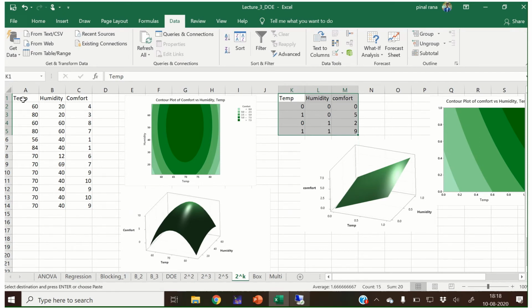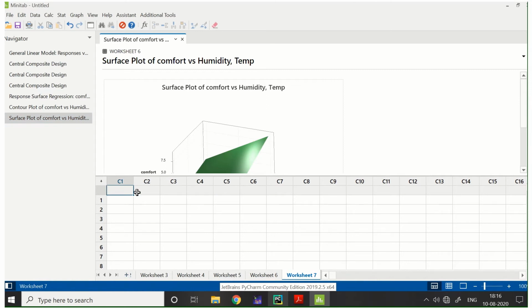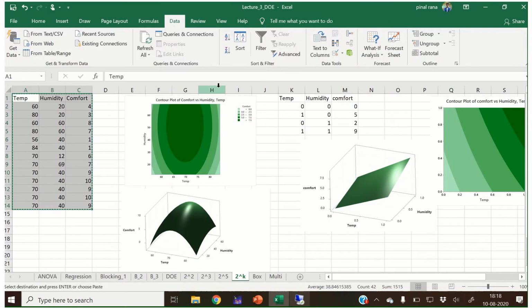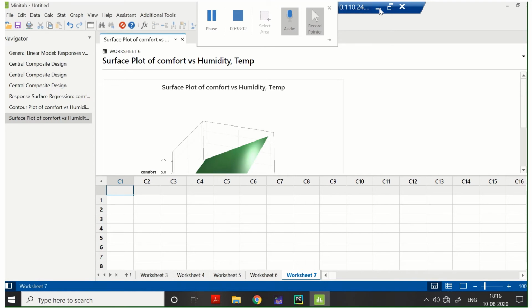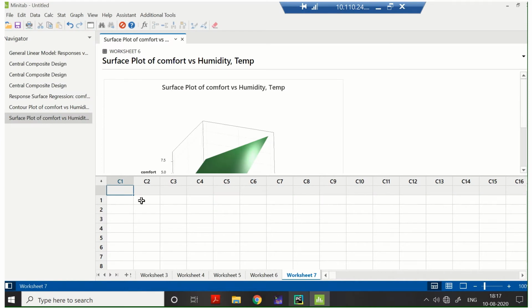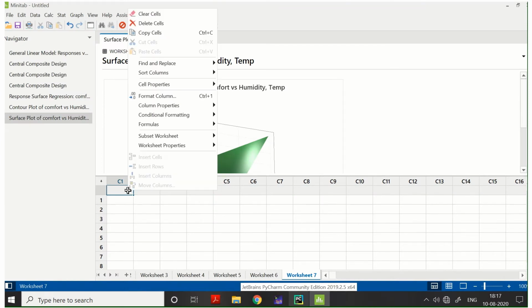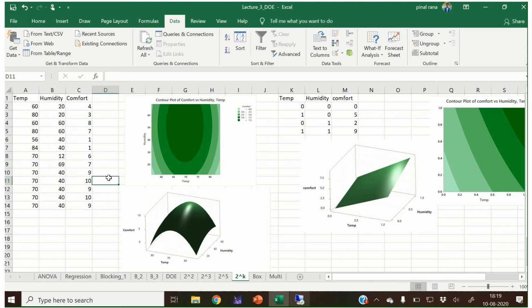Now let me create this design, and then we will compare both designs and explain the result. I am not able to copy the data.